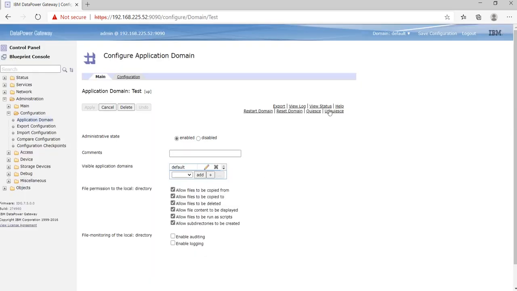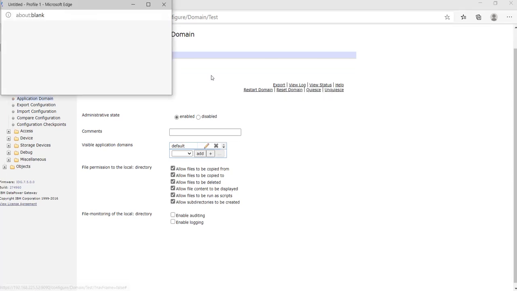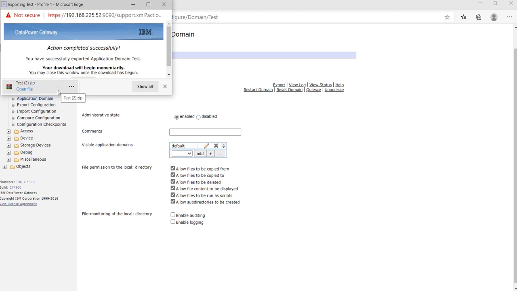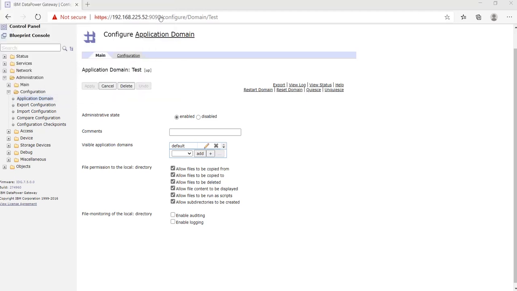Okay, so here we'll export. We'll click on download. Okay, so export is done. We'll close this one.